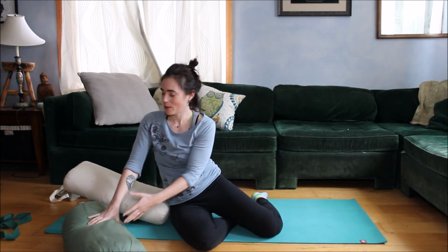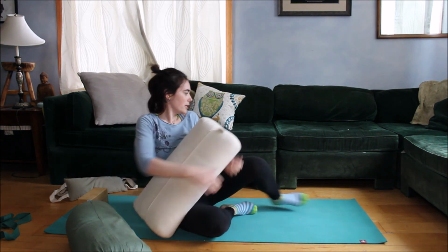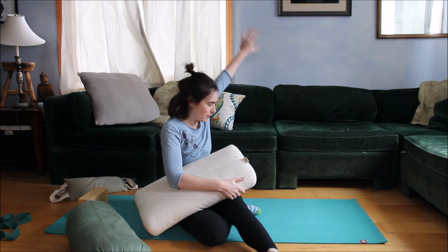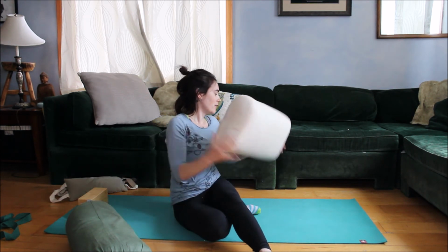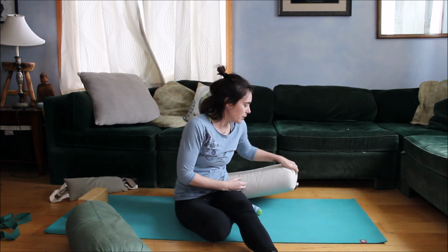So for our final pose, legs up the wall, legs up the couch, however you want to do it. You can have the support of a chair, a couch, or you can do this up against a wall. So if you're doing it up against a wall, we're going to imagine that my couch here, it's a wall. Oh my gosh. So however your body is comfortable, you're going to bring a little bit of support for under